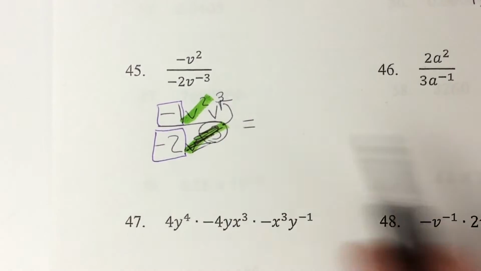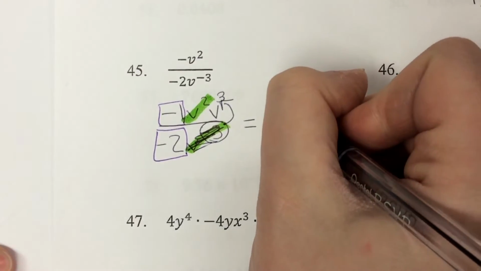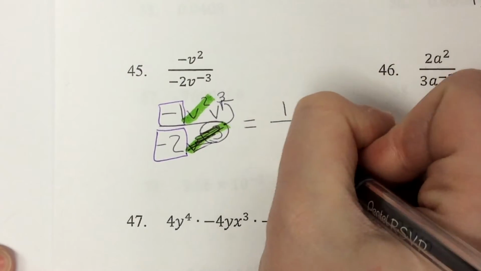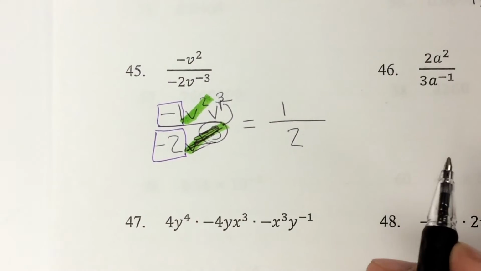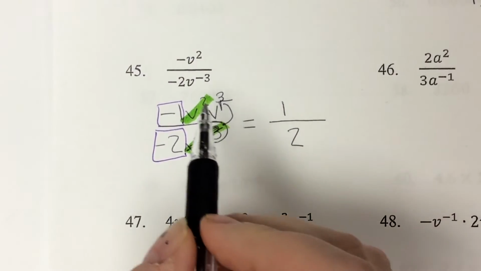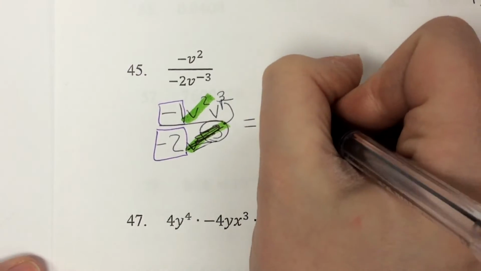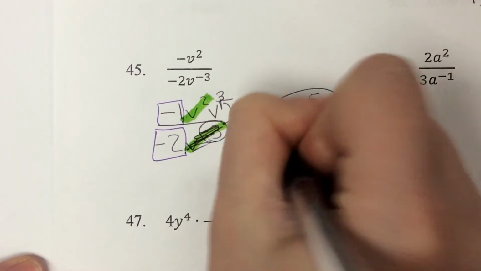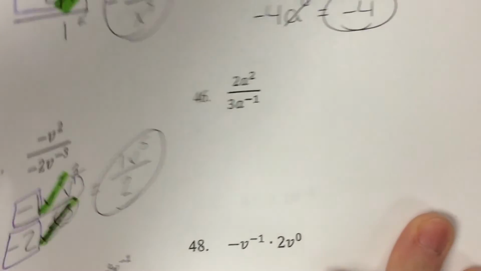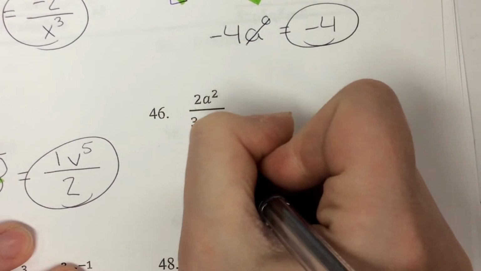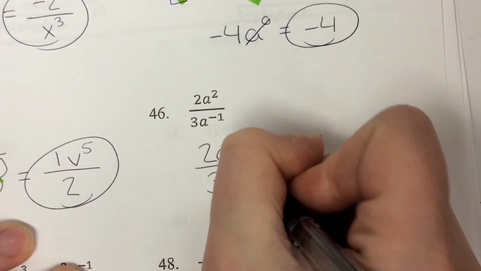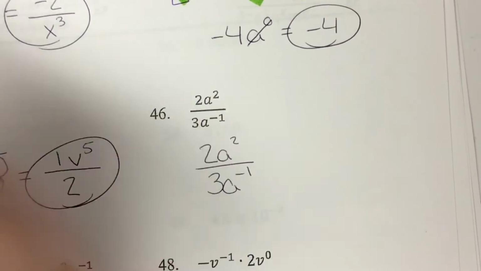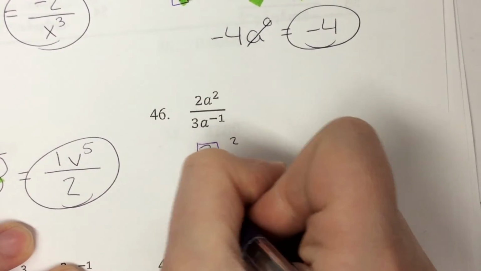Negative 1 divided by negative 2, 2 negatives is going to make this a positive 1 over 2. And then you have v squared times v to the third. Remember, when you're multiplying, you need to add those exponents. So 2 plus 3 is going to give me v to the fifth power. All right, 46. Let's rewrite this. 2a squared divided by 3a to the negative first power. Box those coefficients